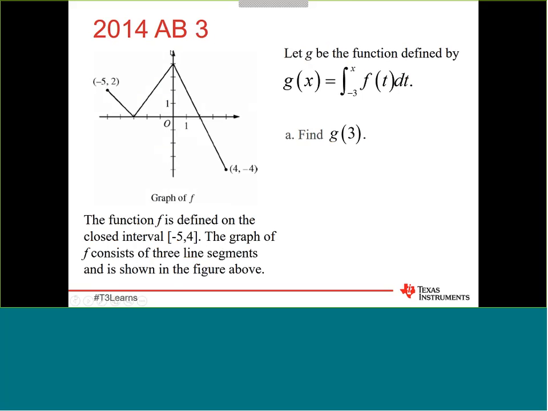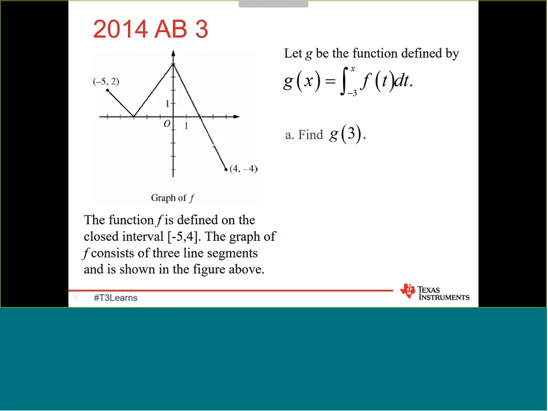So in 2014, the first thing they asked them to do was find G of 3. So basically, that's 2, that's 3. They're basically accumulating area from -3 to +2. They had to figure out that at +2, this thing went down to -2, so this point was (2, -2). So they found the area. It ends up being 9 because this is a triangle with an area of 10, and this has an area of 1, but since the region is below the x-axis, the net area would be 10 minus 1, which is 9, and it was only worth 1 point.